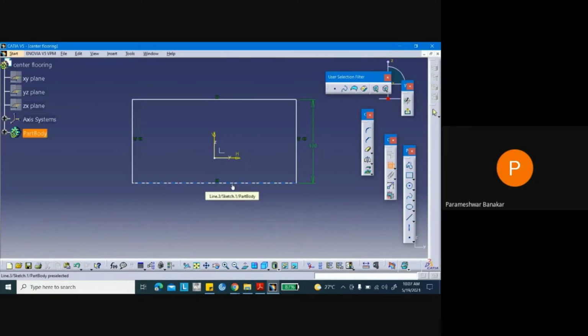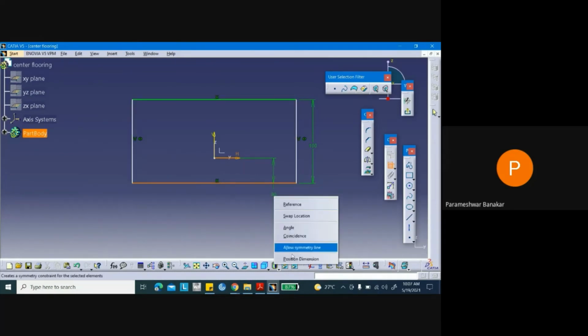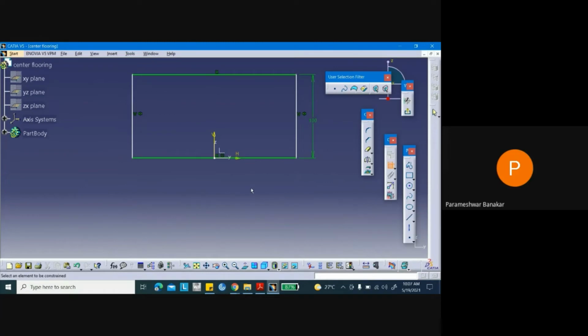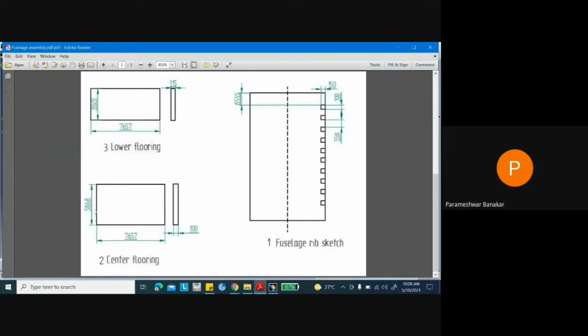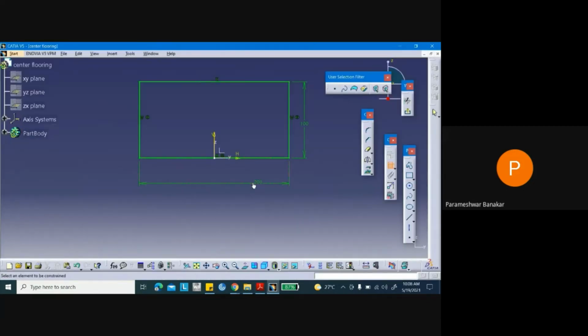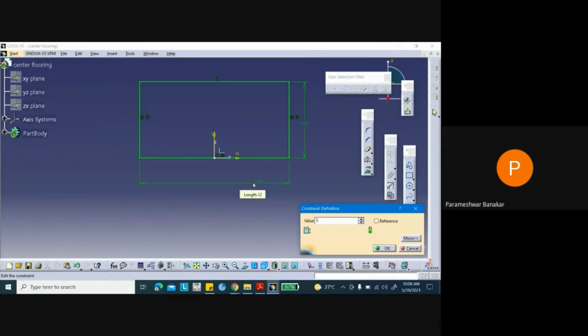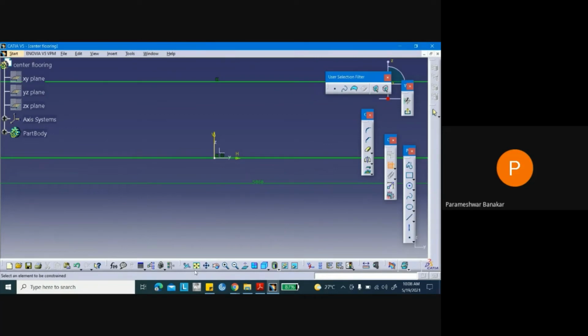And I will coincide it with this central axis. So now 100 mm is given. And how about this dimension? This dimension is 5868, give OK. So it's given.